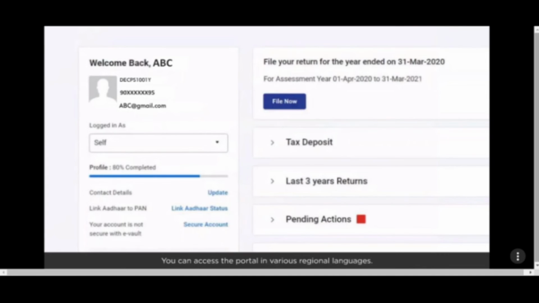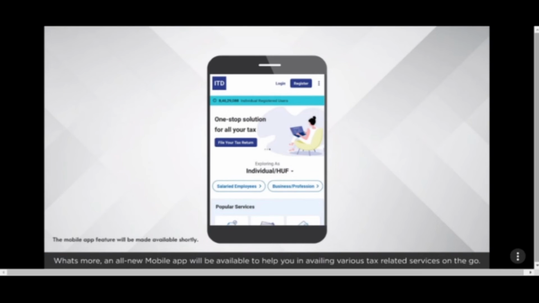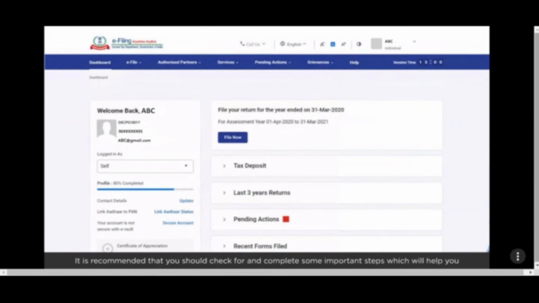You can access the portal in various regional languages. Chatbot is available to help resolve your queries. What's more, an all-new mobile app will be available to help you in availing various tax-related services on the go. It is recommended that you should check for and complete some important steps which will help you smoothen your e-filing journey. Ensure that you